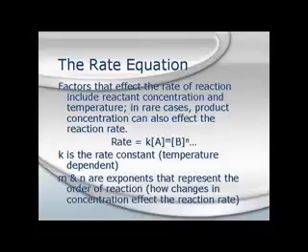Rate is equal to K times the concentration of A raised to some exponent times the concentration of B raised to some exponent, and that would continue through any other reactants that you may have. Now, K is the rate constant, and this rate constant is constant as long as you're at a steady temperature. If the temperature changes, so will K. So you have to watch and see what the conditions of the reaction are. When we do problems, generally we will always assume that the temperature remains constant so that K does not change